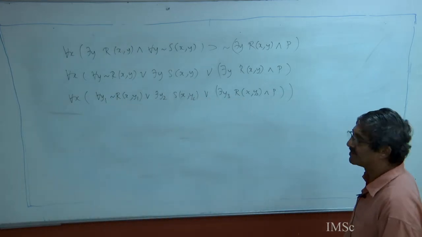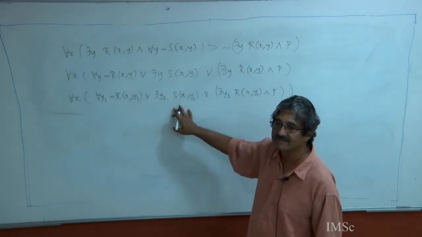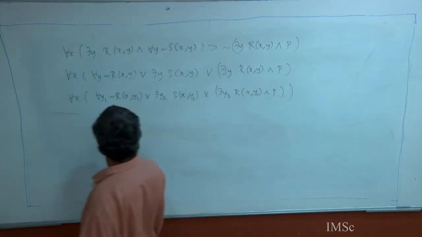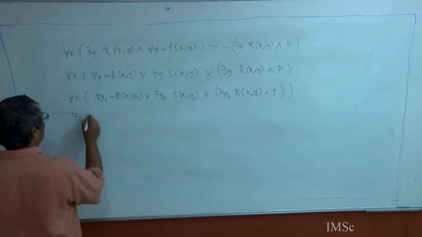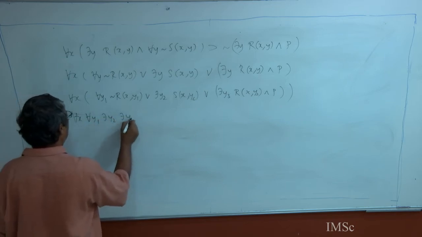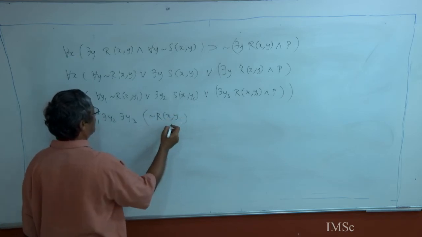And now I can simply pull out because these are different variables, right? And there is a disjunction, who cares, pull it out. So you will get for all x, for all y1, there exists y2, there exists y3, not R x y1,